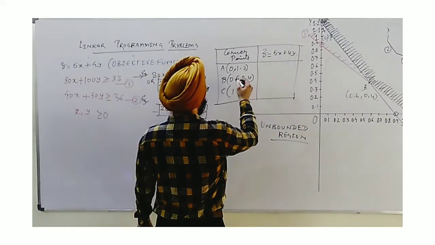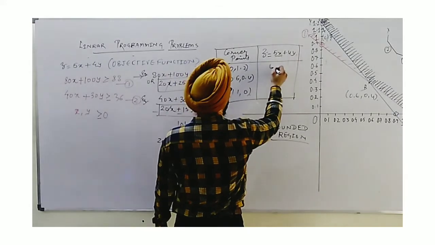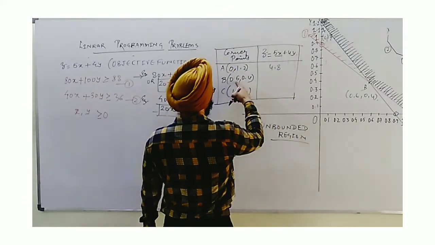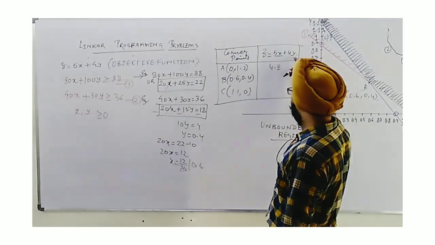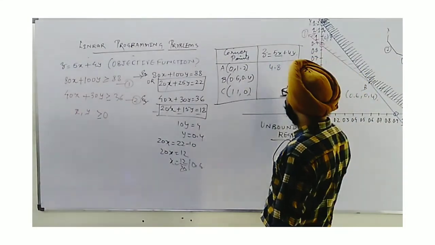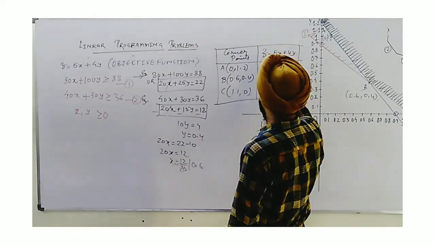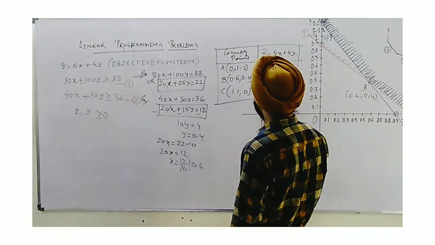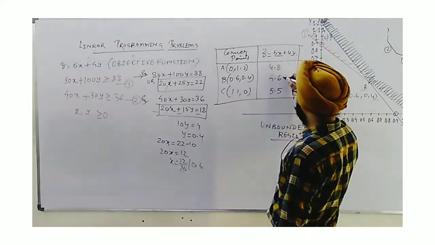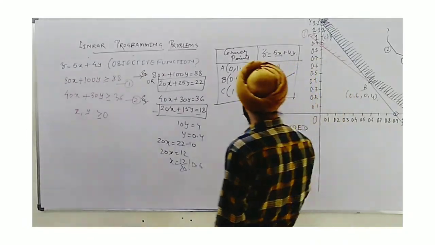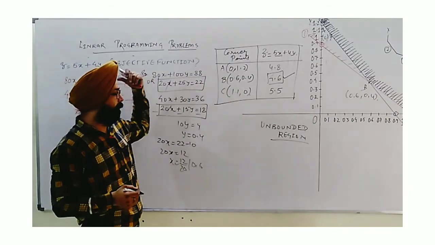Now if we take these values for z, we need to see for which we are having the minimum. If I put this, 0 will make this term 0, and 1.2 into 4 is 4.8. For this one, this becomes 0.6 times 5 is 3.0, and 0.4 times 4 is 1.6, so we have 3 plus 1.6, which is 4.6. And 1.1 into 5 will give you 5.5. We find that this is the minimum value. So finally, point B is giving us the minimum value of z.